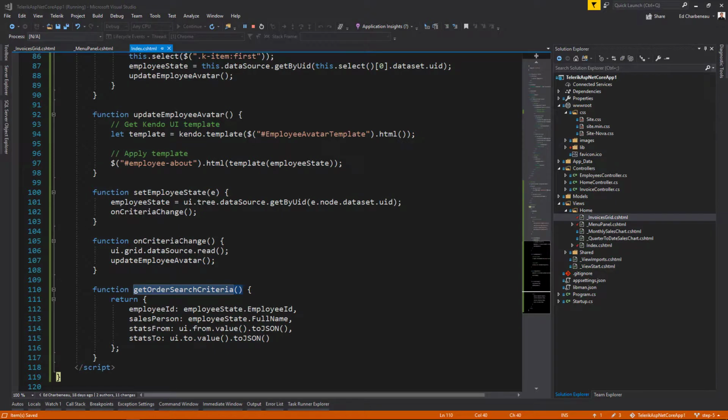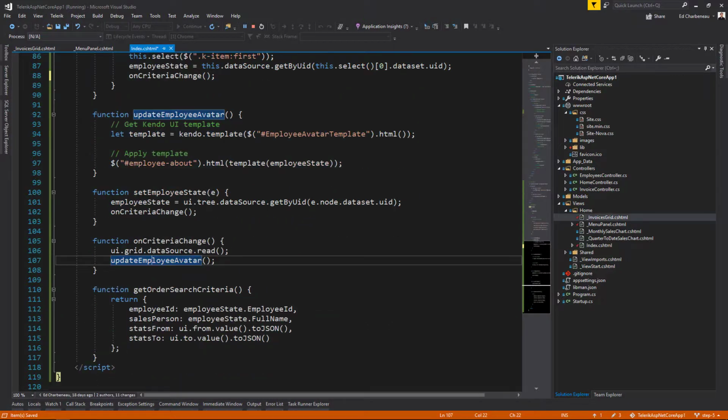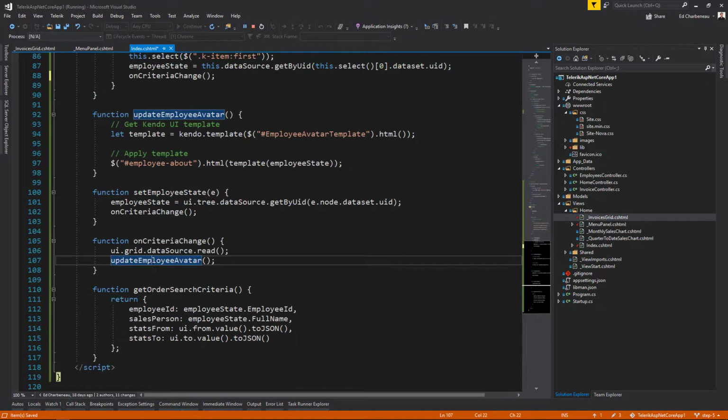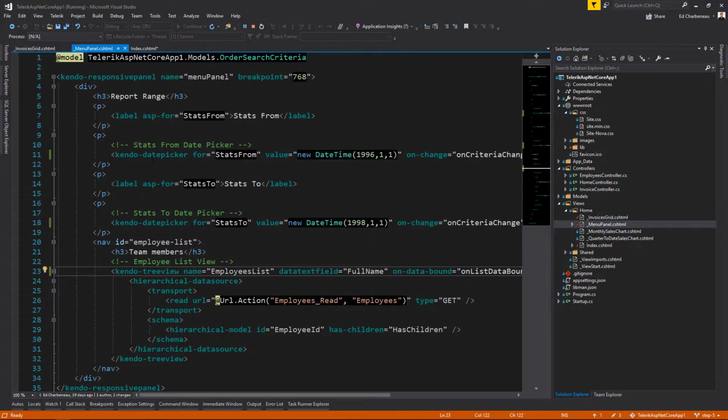Next, we need to call onCriteriaChanged from a few places. First, let's tell our onListDataBound to call this instead of updateEmployeeAvatar. Since updateEmployeeAvatar takes place on criteria change anyway, we can use the onListDataBound event to call onCriteriaChanged. We also need to call it from our UI elements that provide our inputs. So in the Kendo UI date picker